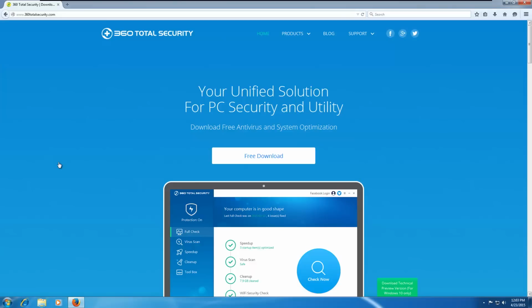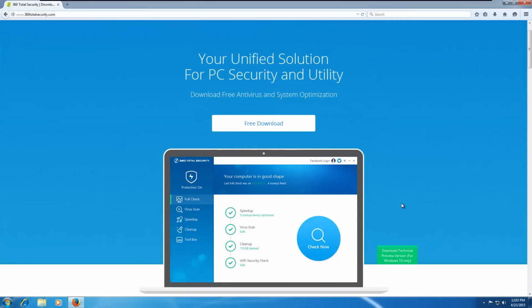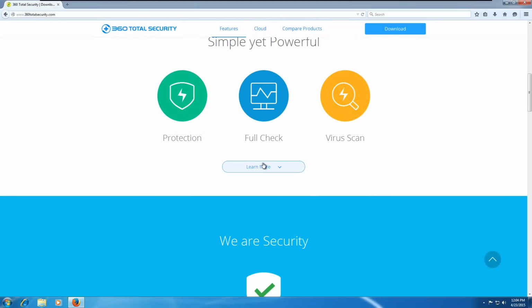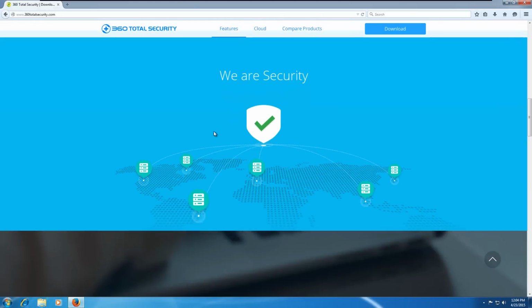Hello everybody, today we are not taking a look at 360 Total Security, and that's because I was not very interested in this program. From the user reviews that I've read and just the screenshots, it appears to be just another free Chinese antivirus that uses a couple of name brand scanners, and it's essentially the same thing as Baidu free antivirus. But as I did a little bit more research, I learned that there's actually another version of 360